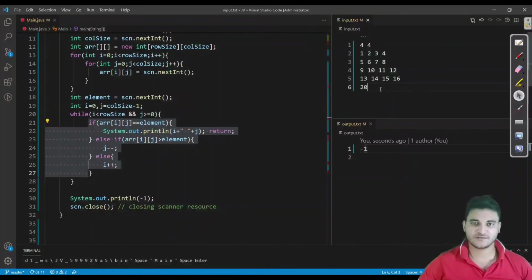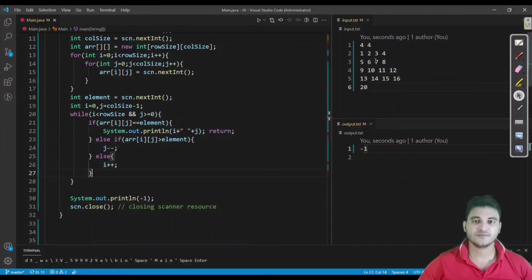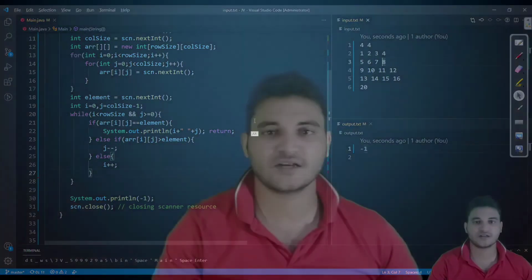And one more thing, if you can see, we are applying the binary search over rows, fine. We are increasing row, but we are not applying the binary search over columns. So you have to think about how we can apply the binary search over columns also, how we can further optimize this. And you can comment down your approach, and I will see whether that approach is correct or not, and will come to you. Or else if there is any other efficient approach, then I will be reposting the video also. So for now, I found this approach the optimized one for this particular solution.